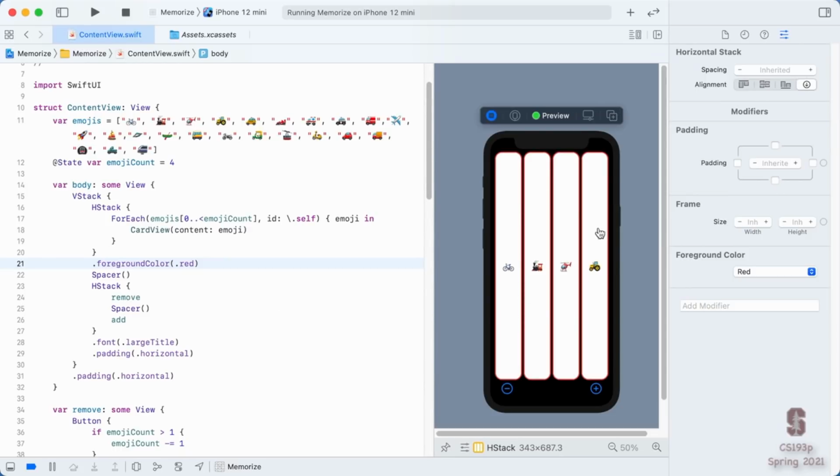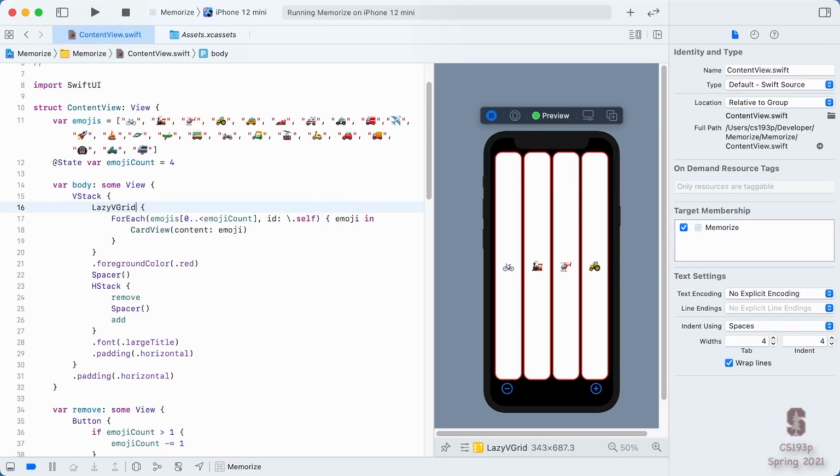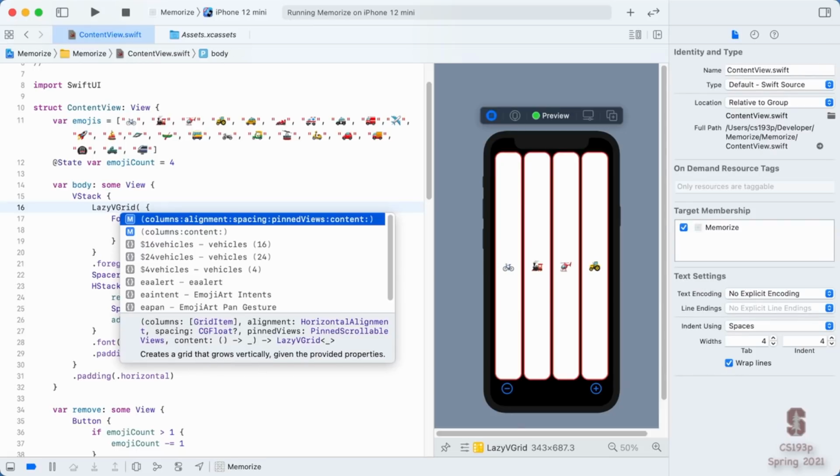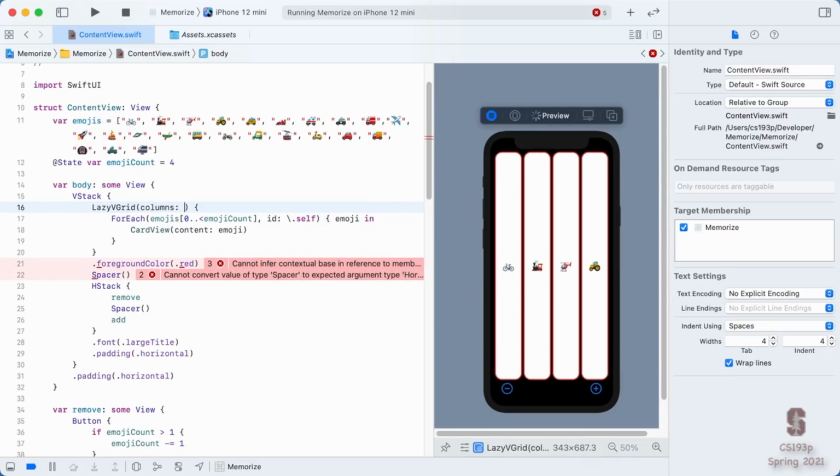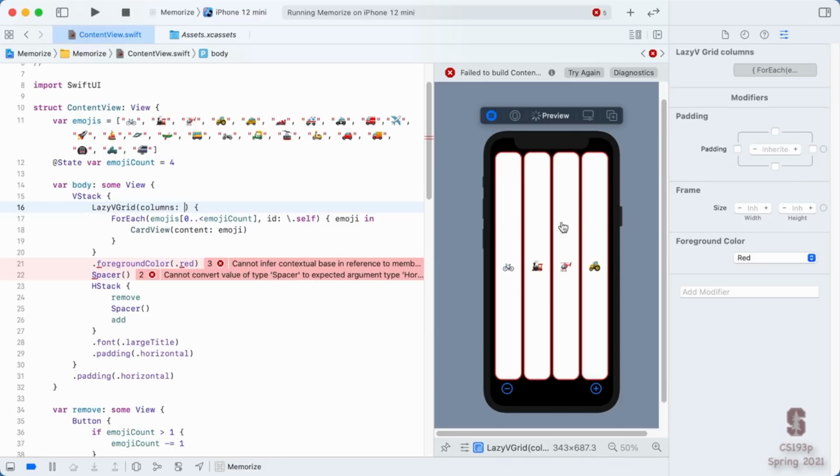Now that we fixed that, how do we make this HStack here into a grid? This is very straightforward. We're just going to replace this HStack with a new view combiner called a LazyVGrid. We'll talk about why it has the word lazy in its name in a few minutes. A LazyVGrid basically lets you specify a number of columns, and it's going to make that many columns here, and then it'll make as many rows as necessary. And yes, there's a LazyHGrid where you specify the rows here, the number of rows, and it'll make as many columns as necessary.